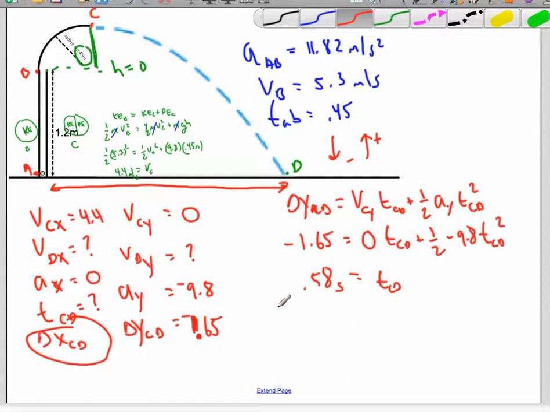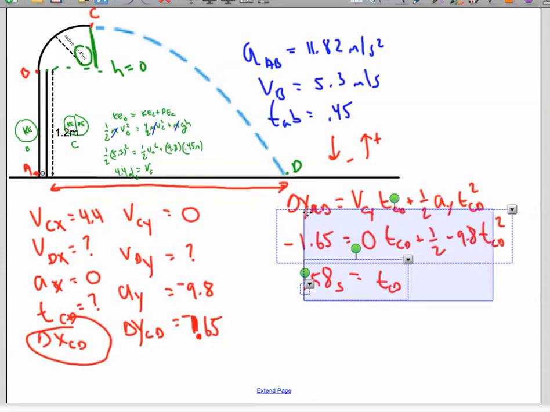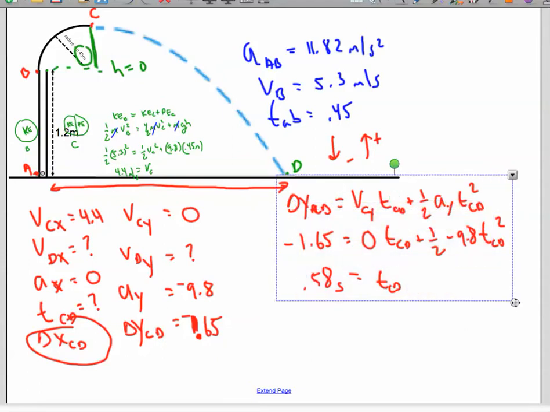Then that leaves us just one last thing to do. I'm going to tuck this away a little bit. All right, well, part of my workspace crashed, so I'm just going to finish up by